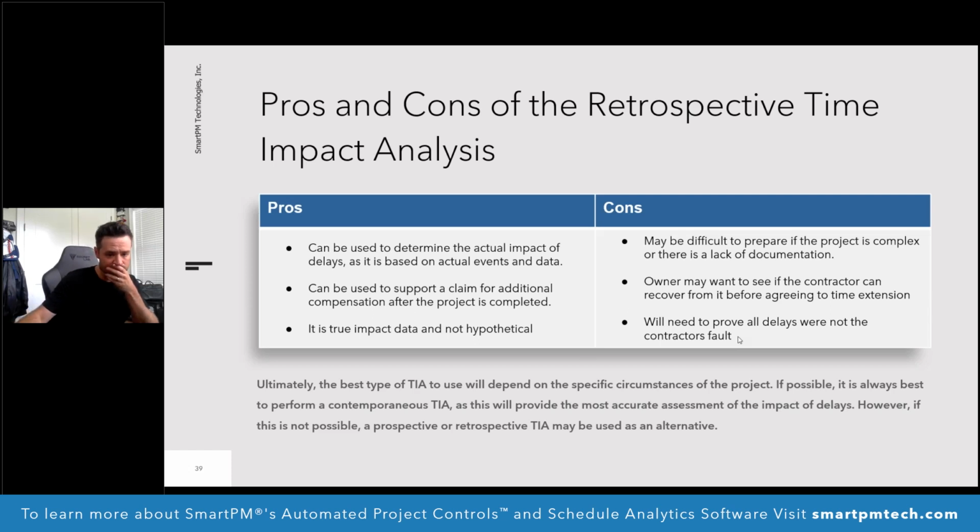Say that they didn't show up with resources one day, or the subcontractor just didn't do it. They focused elsewhere. You have to prove throughout all of that sequencing that any and all further delays were unavoidable, which, you know, the owner is going to immediately want to go to. So that's where we get into being as honest as you can, with yourselves as well as the owner, that this has all been fully documented. All of these things, this is how it panned out, and there was no other way it would have panned out. There was no other way that we could have controlled how it panned out,